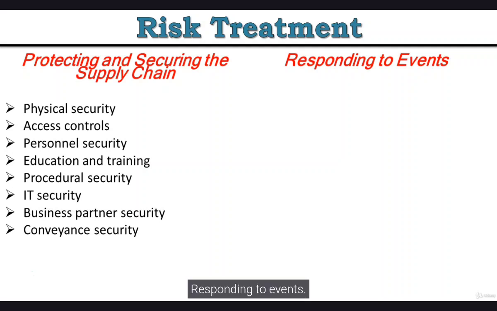Responding to events. Even with the best laid plans, enterprises may still confront crises in their supply chains. We characterize crises as events that threaten the organization with intense time pressures, high stress, and the need for rapid but careful decision-making. A crisis is an unstable condition involving an impending abrupt or significant change that requires urgent attention and action to protect life, assets, property, operations or income, the environment and reputation.